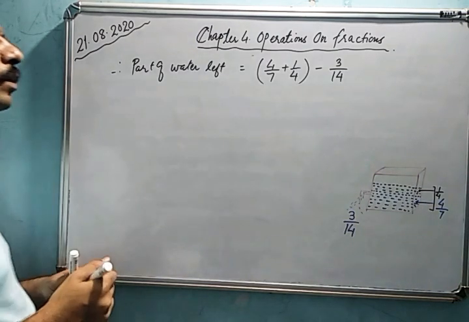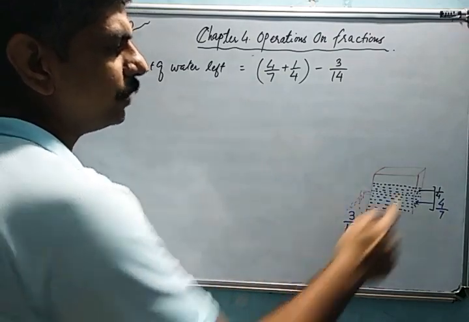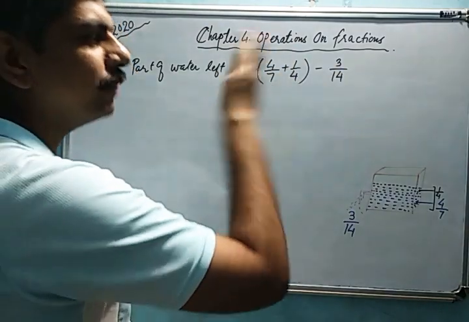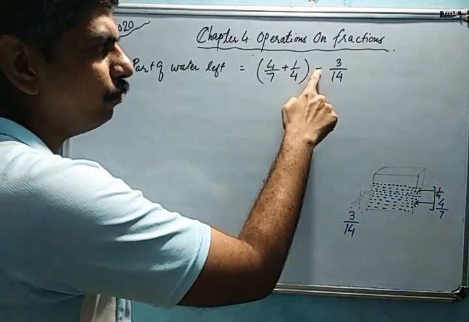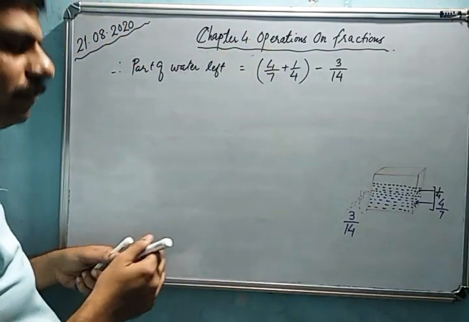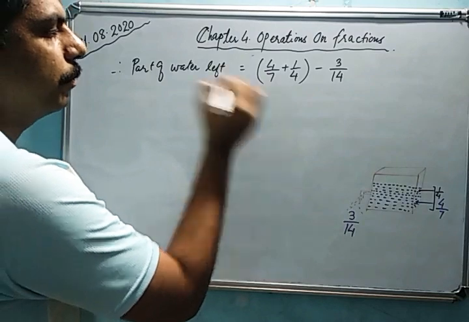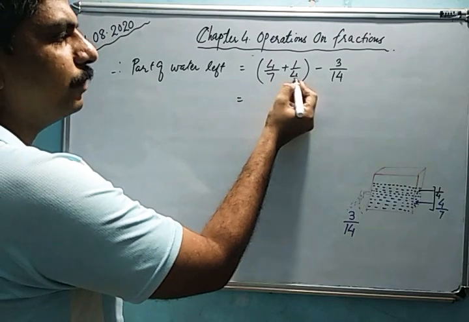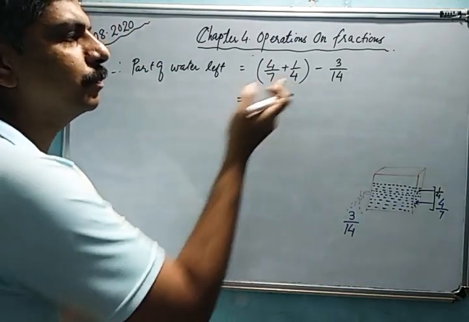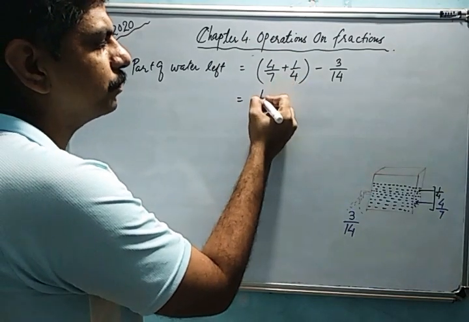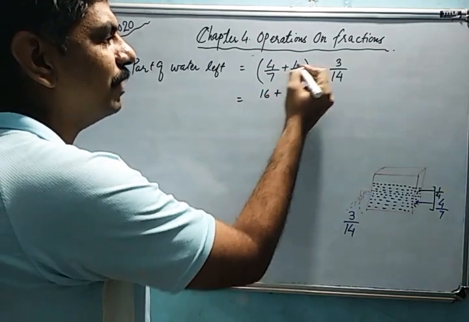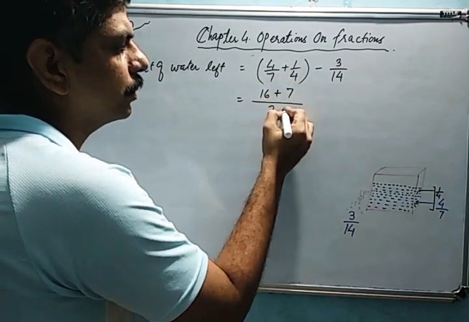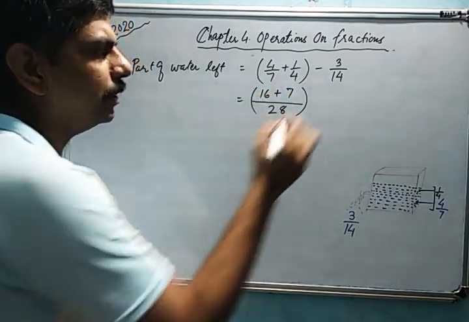So students, as we discussed just now, 1/4 plus 4/7 is the total water filled, and out of that we have removed 3/14. So removed means subtraction. Now let's solve this to get a simple fraction. I told you in the previous video that if denominators are not multiples, then you can cross multiply. So 4 4s are 16 plus 7 1s are 7, divided by, multiply the denominators, 7 4s are 28, isn't it? Minus